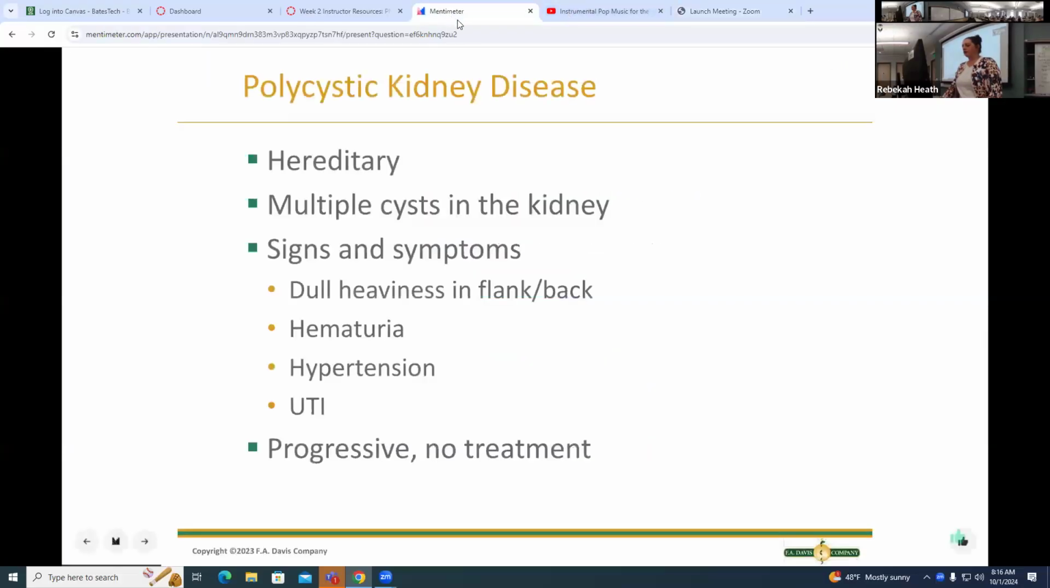All right, well, if we missed out on polycystic kidney disease, you've got to read it and go to the book, I guess. Okay, so now the next disease we're going to talk about,